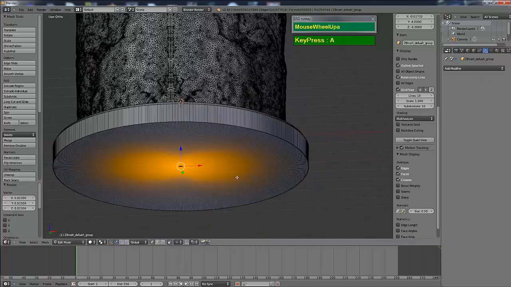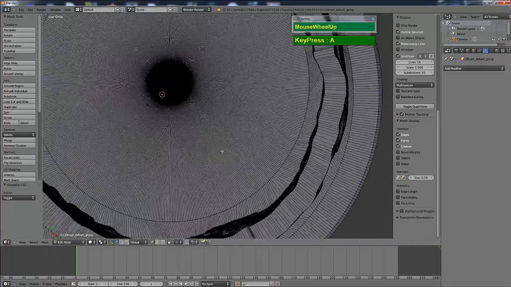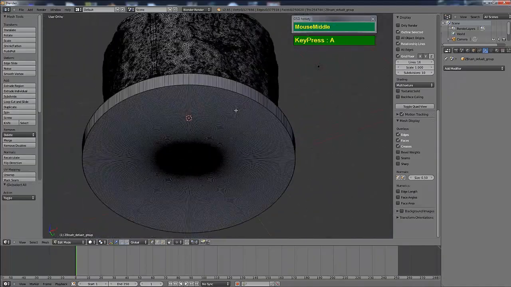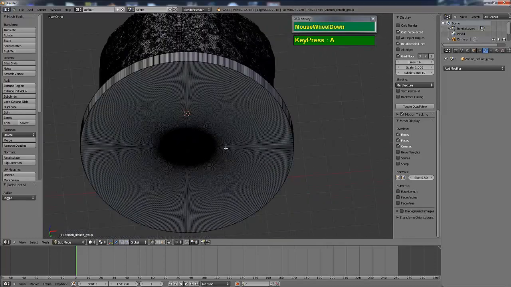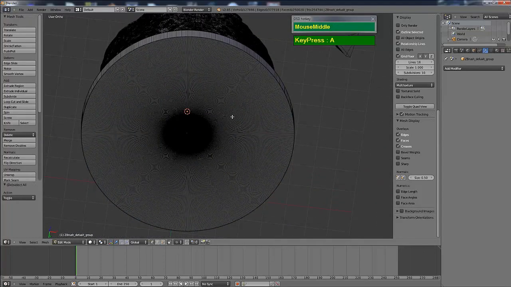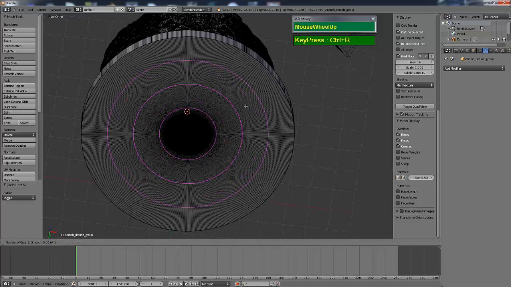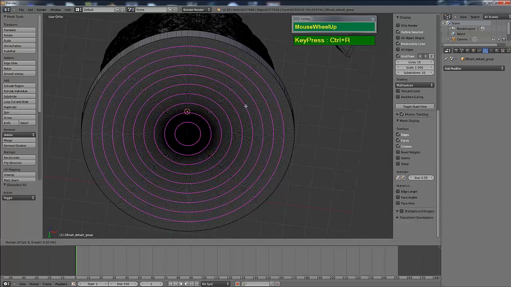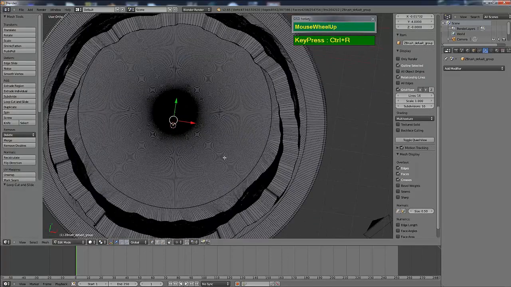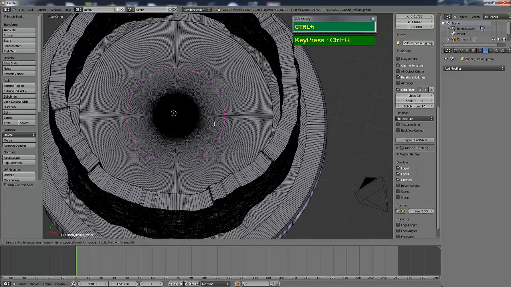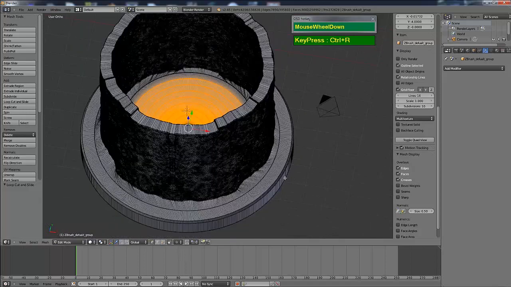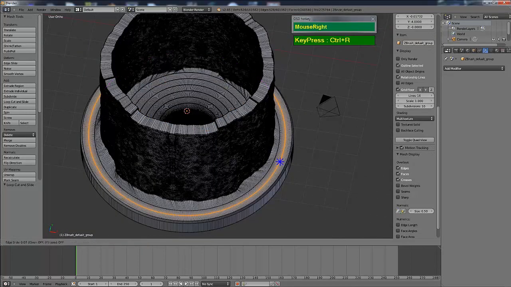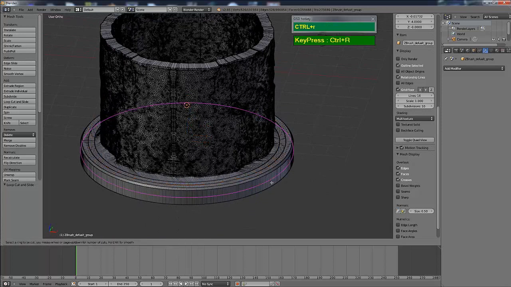Okay, so now we need to subdivide the internal and the bottom face here. This is to facilitate easier 3D printing later on. So while in edit mode, Ctrl R to insert several edge loops. Just roll out your mouse to insert the edge loop because these are four-sided faces. Do the same for inside. Ctrl R and then insert several edge loops. I'm going to insert one edge loop here as well, and maybe a couple here.